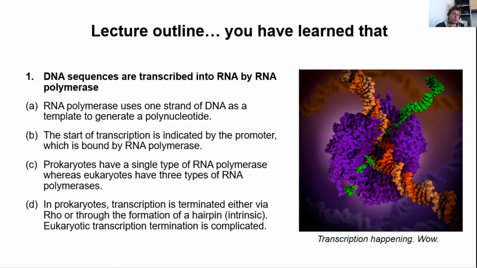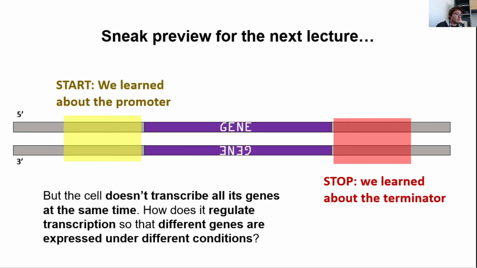And so we focused on the prokaryotes, where transcription is terminated by either Rho-dependent mechanisms using a helicase or these Rho-independent hairpin mechanisms. And in eukaryotes, both initiation and termination are just more complicated. It's just the way it is. And I really want you guys to get this idea of start signals and stop signals and the architecture of the gene here, really try to lock this knowledge in, because in the next series of videos, we're going